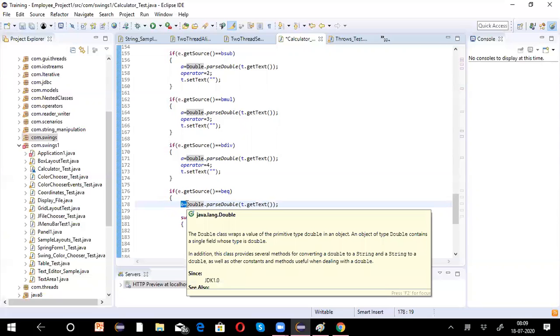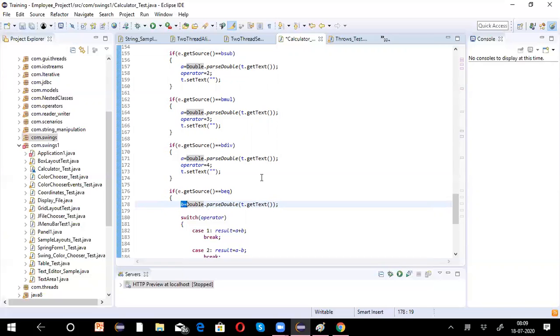It is the second operand, because only after entering the second value will you click equal to. Then here you use switch on operator.